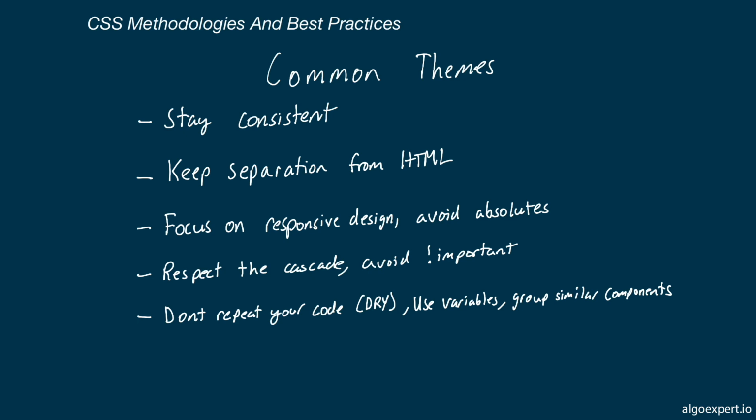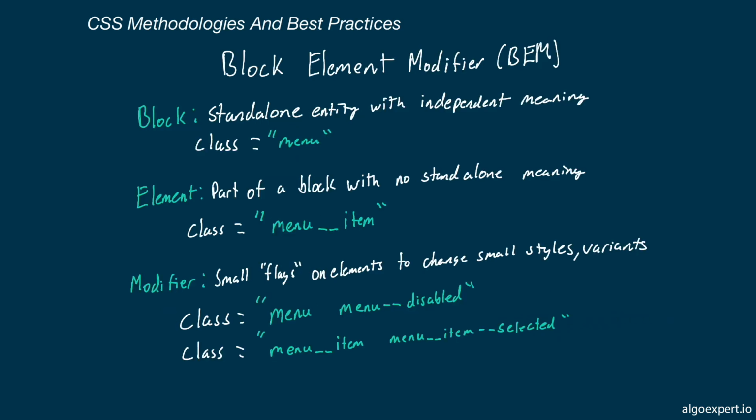Finally, we usually want to minimize redundant code. This is oftentimes referred to as don't repeat yourself, or the DRY principle. To do this, we can use variables for repeated styles and group similar components with common classes. Okay, so these are all great principles to follow, but now let's take a look at some specific implementations of